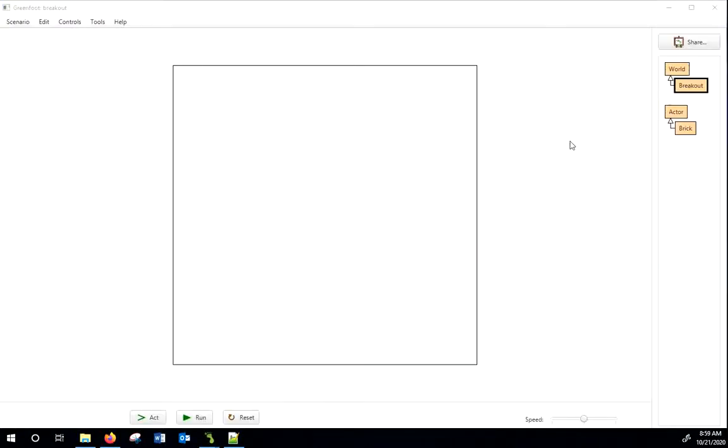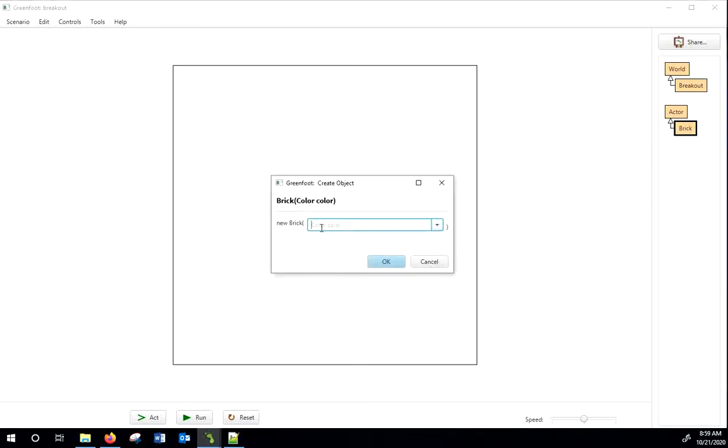Okay, I want to look now at how we would create a brick. So if I right-click on it, I can't just say new brick because it's new brick color, right? So it's going to ask me to supply a color. See how it says color? It's very hard to see. It's in gray. Color with a capital C and then lowercase c. Oh, you can see it right here. Well, the capital C is the class type. So it's telling me, hey,